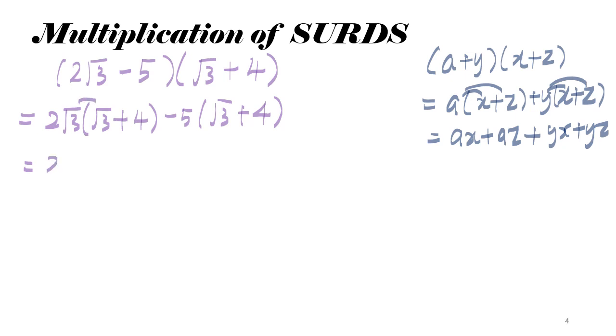So we will have 2 square root 3 means 2 times square root 3, and bracket means times. So what we are having is 2 times square root 3 times another square root 3, right? And then 2 times square root 3 times 4. Okay, and go on to the next one. That will give us 5 times square root 3